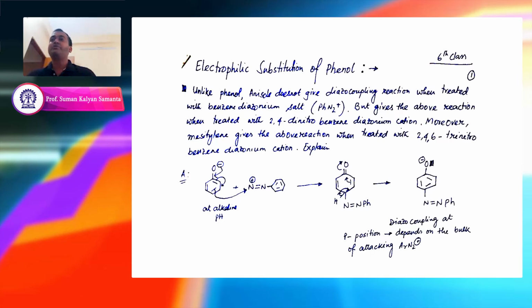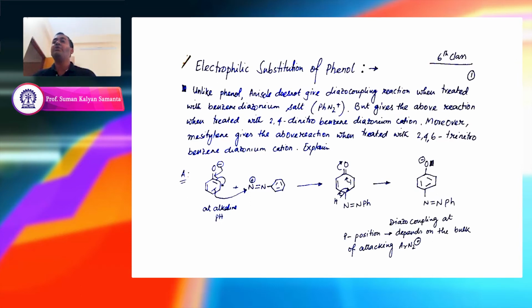Yes, so when you take alkaline pH, then your OH, the phenol, will become phenoxide. The moment it becomes phenoxide, this negative charge, the electron density, can be given to the ring. The ring will become electron rich in nature, and that is how it can donate or attack this electrophile. But if it is at, let's say, neutral or acidic pH, this phenol would remain as phenol, so it will not create that phenoxide ion. So the reaction would be either slower or possibly will not occur.